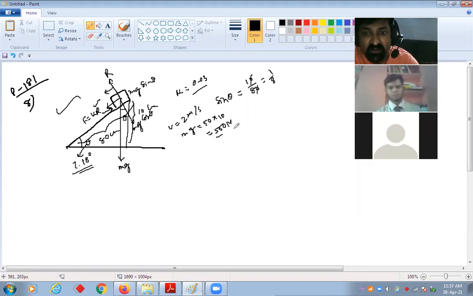Mg is 500 Newton. Now they are asking, starting from rest, the coefficient of friction is given, and no other resistive force is acting on it. Then the length of